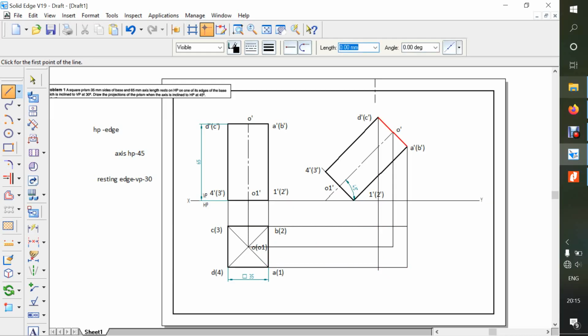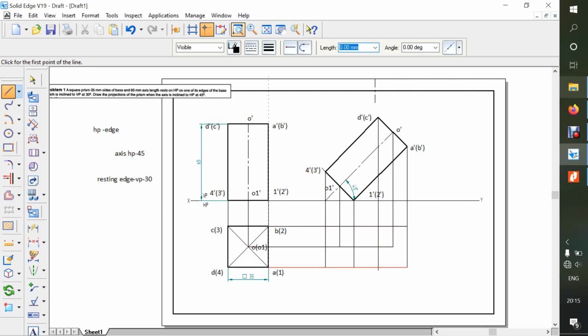Click here. Next 1 to 2, press tab, minus 90. First is 2, then it's 1. Again O dash midpoint, so here it is. Next 3 and 4, press tab, minus 90, enter. First is 3, next is 4.